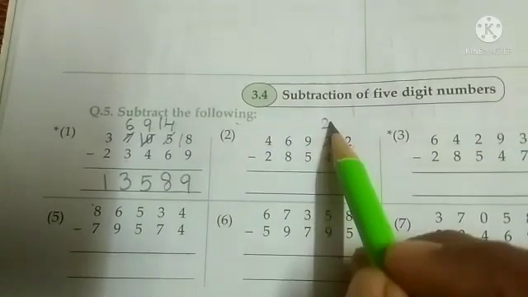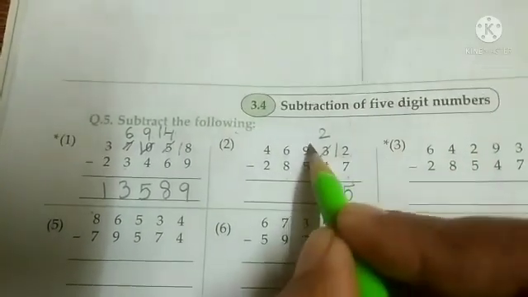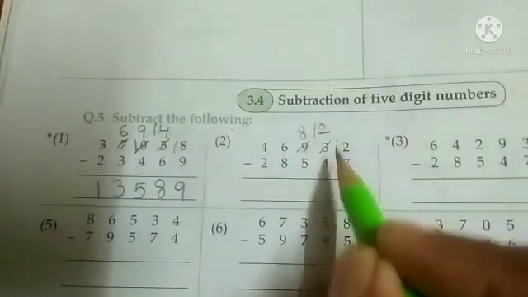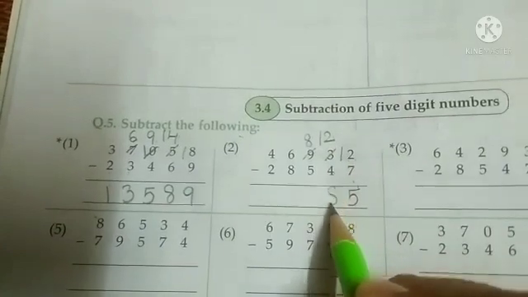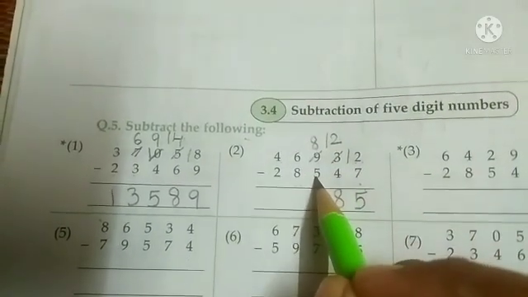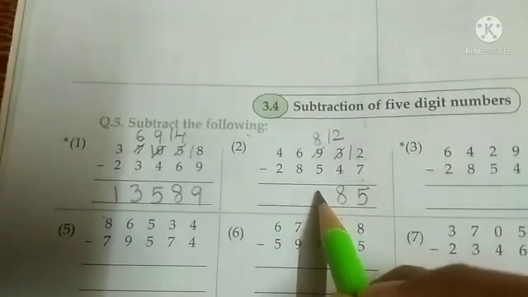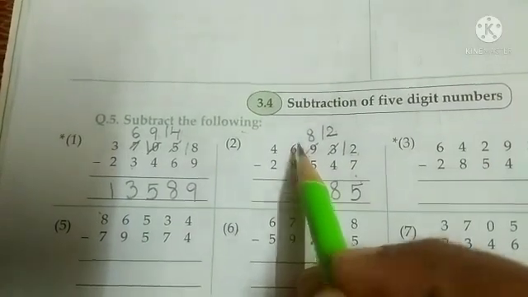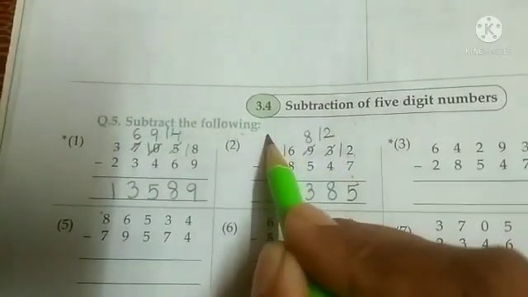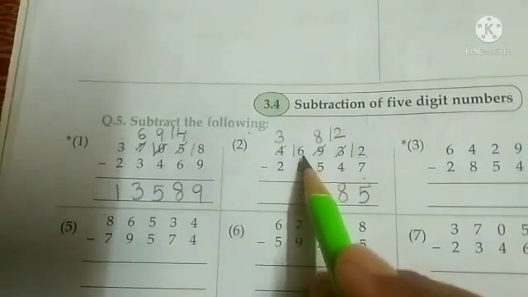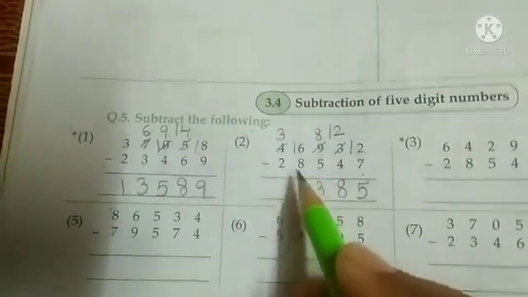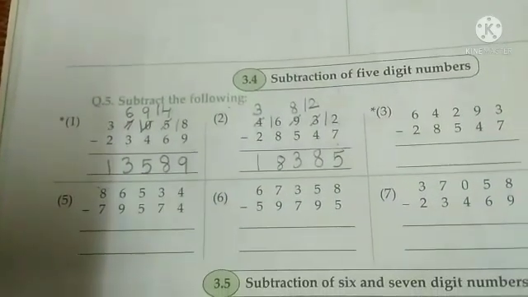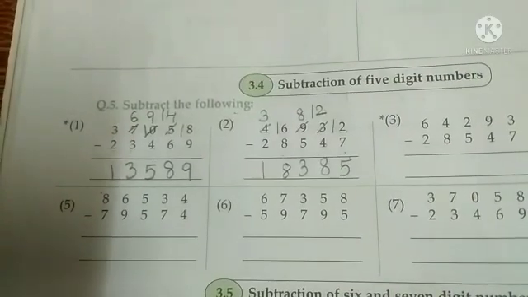Then can you subtract this 4 from this 2? No. So again we will carry 1. Clear? From 9. So here it will remain 8. 12 minus 4, what you will get? That is 8. Now 8 minus 5, what you will get? You will get 3. Then again we can't subtract this 8 from this 6. So we will carry 1. So it will become 16 and here 3 will remain. So 16 minus 8, you will get 8, and 3 minus 2, you will get 1. Clear, students, how you will subtract this? So like this you have to subtract your 5-digit numbers.